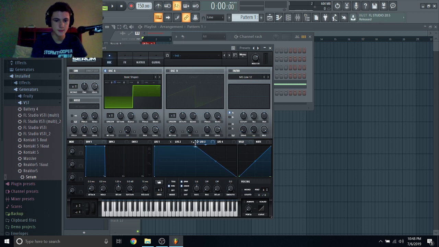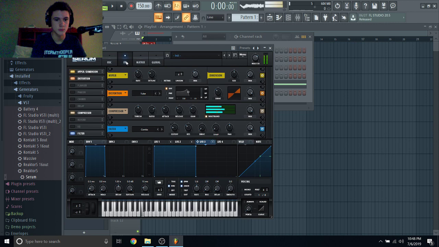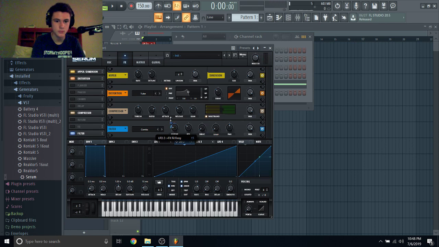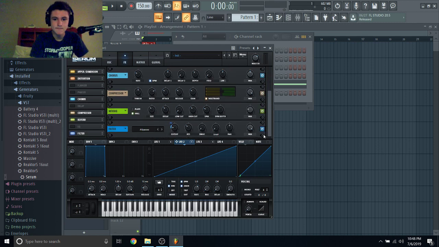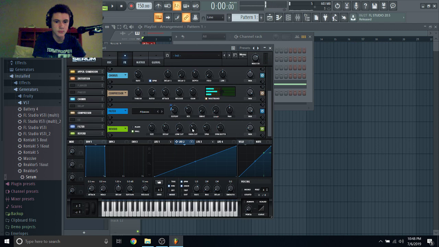Envelope is like this. Reverb. That's what I wanted. Some reverb maybe, I guess. Why not? Way too much. You need to be